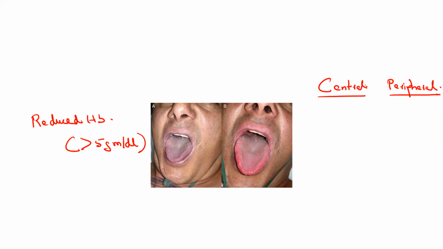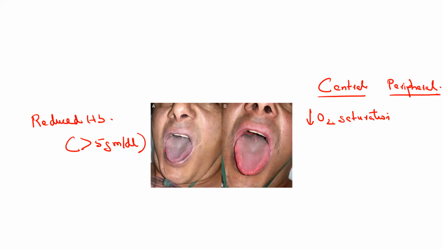So what are the reasons for central cyanosis? It is due to decreased oxygen saturation. When the amount of oxygen present in the blood is decreased and the tissues are not receiving an adequate amount of oxygen, central cyanosis occurs. In central cyanosis, both the mucous membranes as well as the skin are involved, whereas in peripheral cyanosis, only the skin is involved.